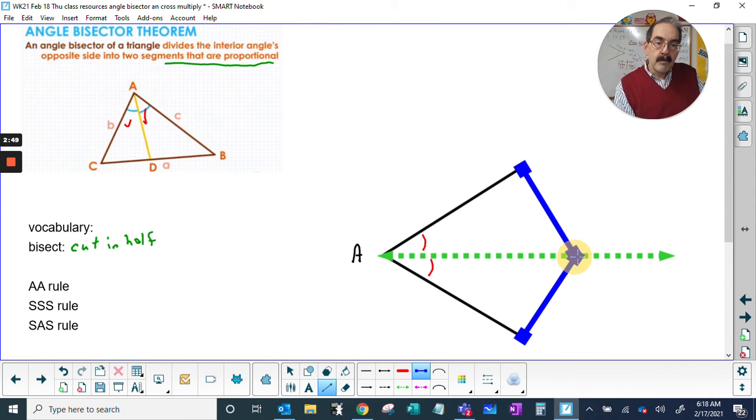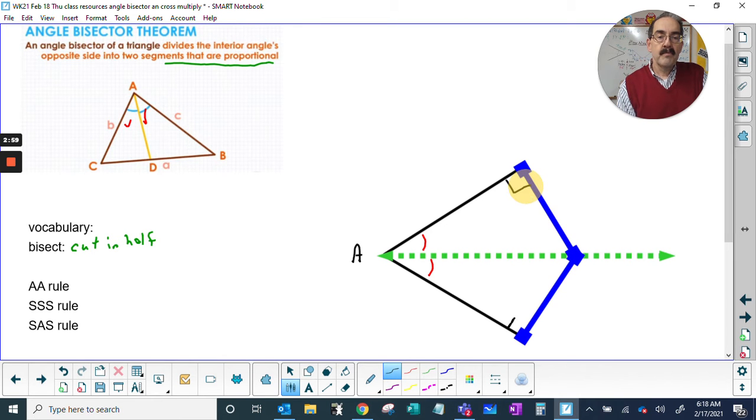Boom. Now we've created a new shape. This new shape has 90-degree angles. So if you'd mark that. All right. Now, can you see by angle rule, and we're going to copy A,